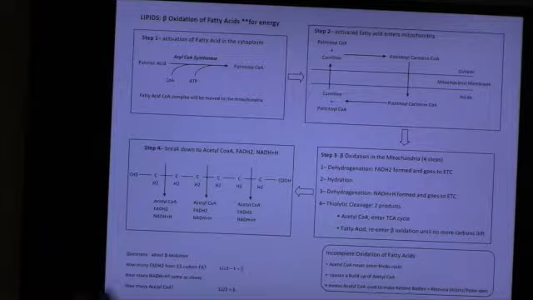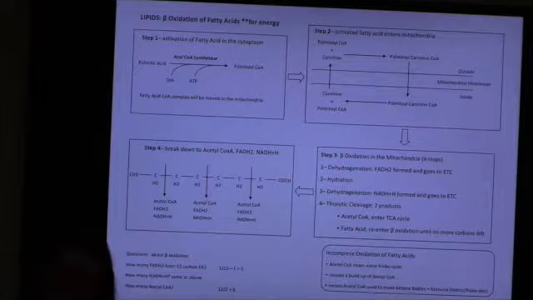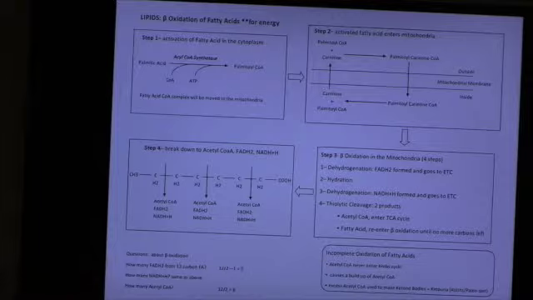So we're going to activate it by adding a CoA to it, and we need ATP for this. Really easy: acyl-CoA synthetase. Good. Now we have this molecule. We've got to move it from where to where? From outside the mitochondria to inside the mitochondria, because where do we make energy? In the mitochondria. We make ATP with this, so we've got to be in the mitochondria.